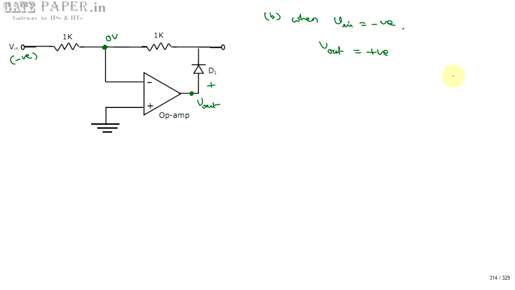So diode D1 is now forward bias and it is replaced with a short circuit, because it is given that under forward bias the diode voltage is 0 volts. 0 volts is nothing but a short circuit. Short circuit is simply the way you are shorting it. So now I am replacing the diode and it looks like a wire is going to be connected from V out to V0, and V0 is equal to V out now.